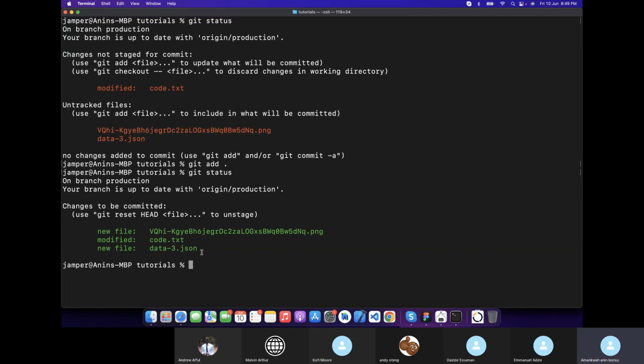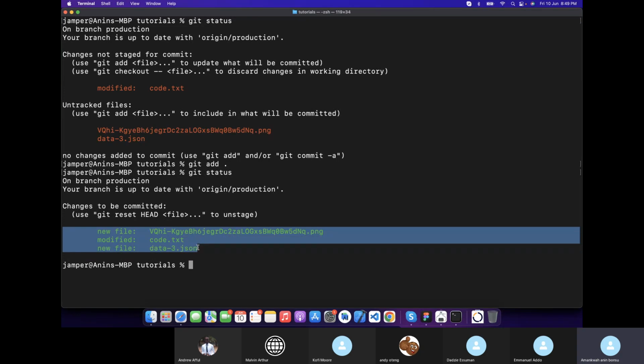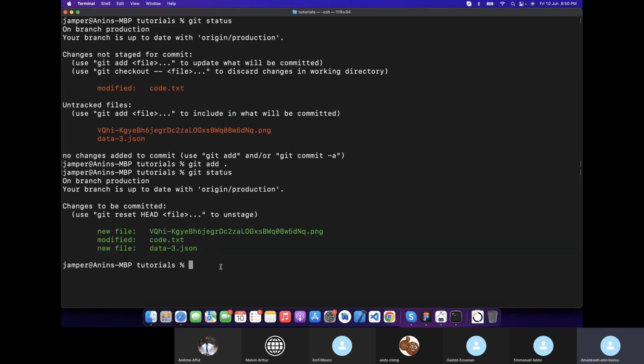So we need to add this. We need to push this. Green means it's now added to the basket. We need to commit finally on the basket with a message, and then push the whole basket to our online repository. So I will say git commit,